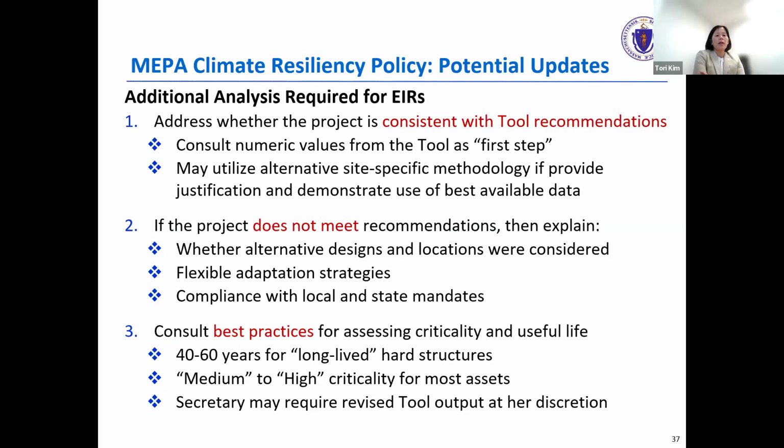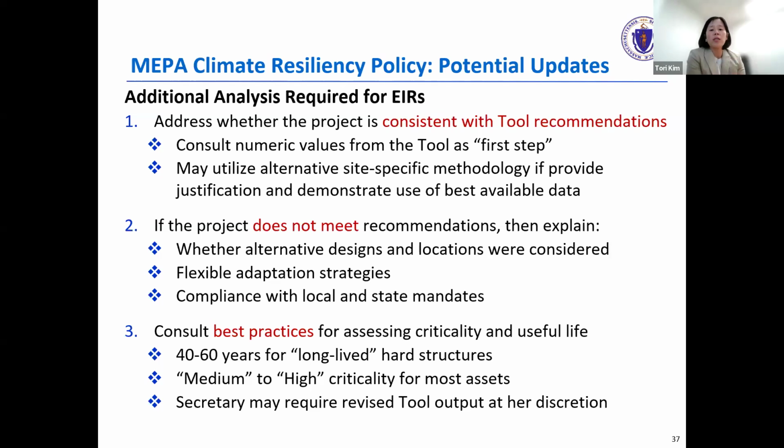So moving on, I think this number one bullet is really the high level update here. So in addition to just simply requiring the output report to be attached, what we're asking for now is, you know, not only transpose the values into the ENF form, but when you're then moving on to the EIR stage, you need to then assess whether you're being consistent with those recommendations.